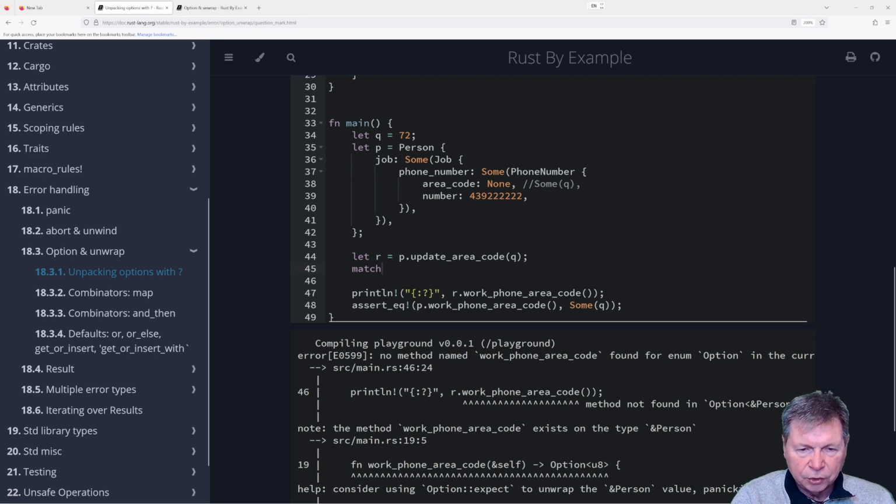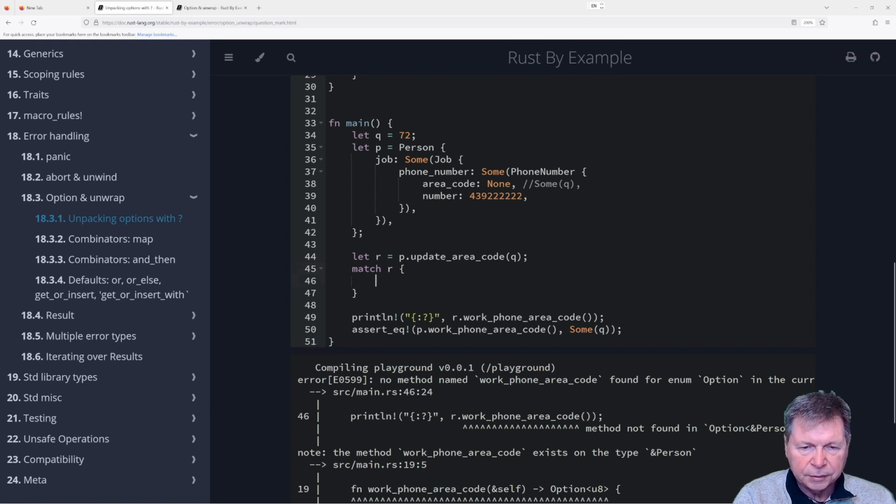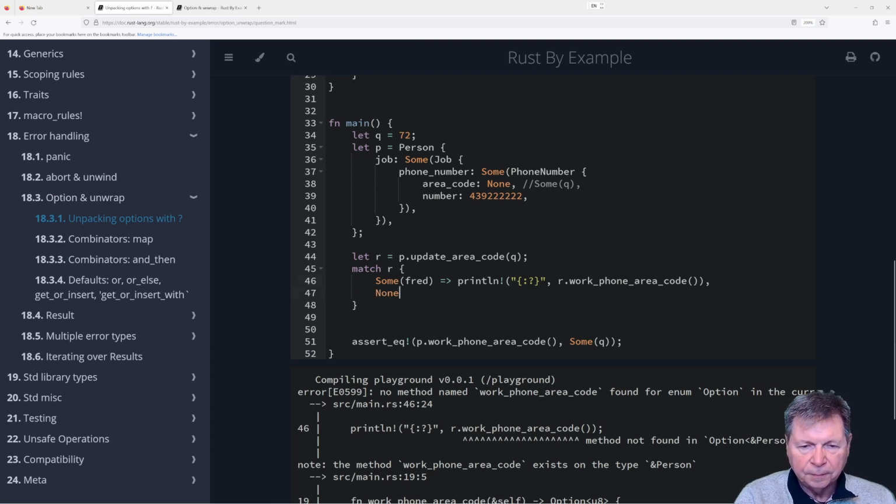And so we're going to go match R, whoops, over here, R, curly brackets, some Fred, and then we're going to take this one, and I think it's a comma, none, print line, no area code.